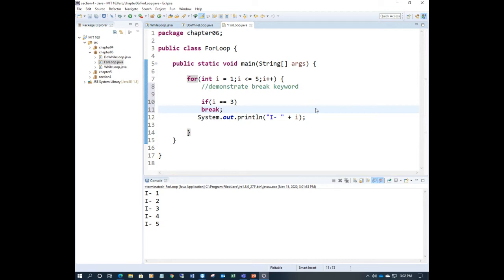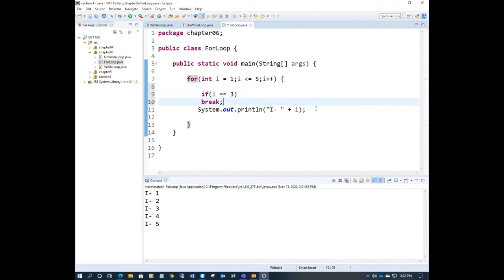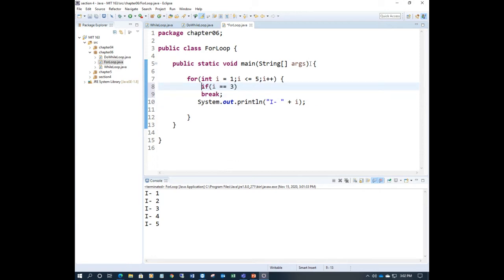During the execution of the body, look carefully. I equal to 1, I less than or equal to 5, I plus plus. It is the same for loop, and we have an if condition here. If I becomes 3, it will break. I mean, once I say break, it will exit from the loop. This if is defined in the for loop, right? So it will exit from the loop.